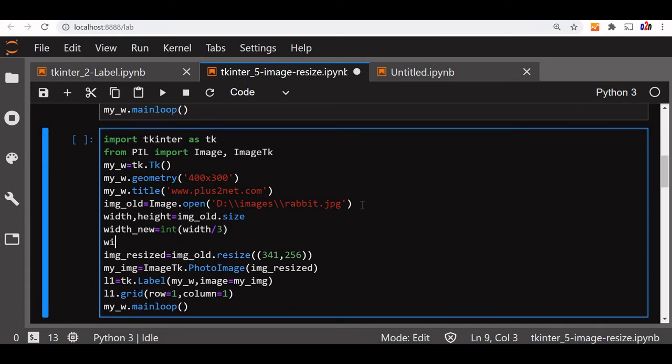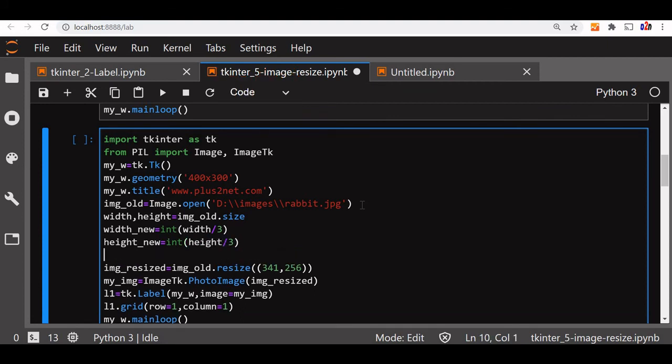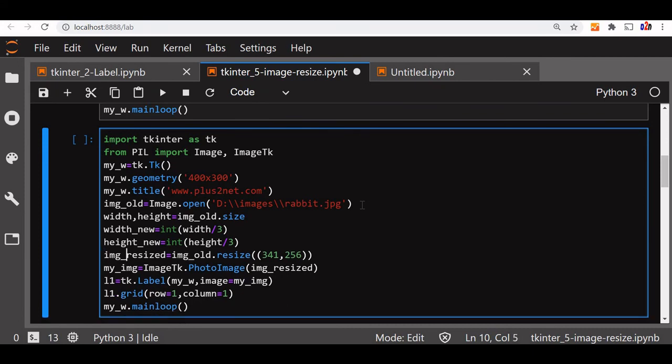Similarly, height_new, again int, height by 3. Now these two values we have taken. In the resize, instead of using fixed values here, we will say width_new, height_new.